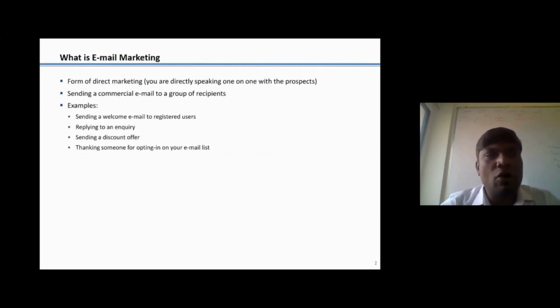It's a form of direct marketing. Okay, people can directly go ahead and start sending messages to your email IDs. It could be promotional, it could be informational, it could be transactional. Okay, so examples: sending a welcome email, replying to an inquiry, sending a discount, thanking someone for opting into your